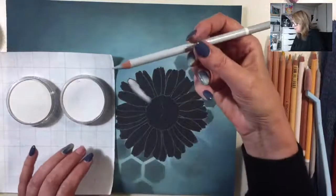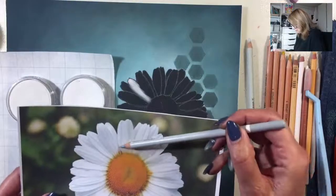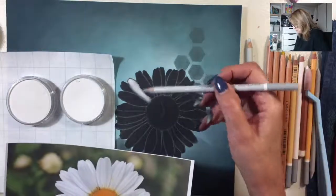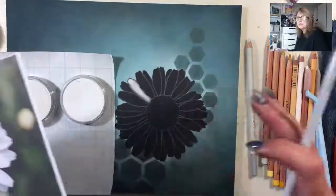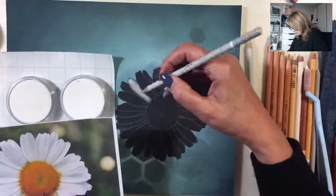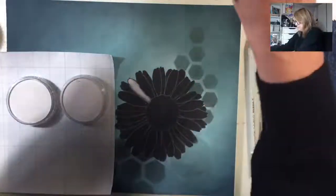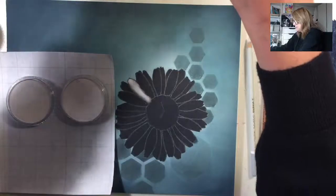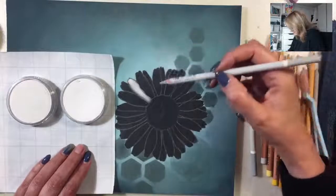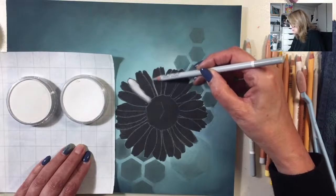So I have here my reference photo, so you can see the shadows between those leaves, and I'm going to make them already, because if I make everything white, I don't know where the leaf will be. So I just need to make some kind of shape, so I can see what it will do for me, because if I lose it, I don't know where to go anymore. So just with my pastel pencils, I will just create,